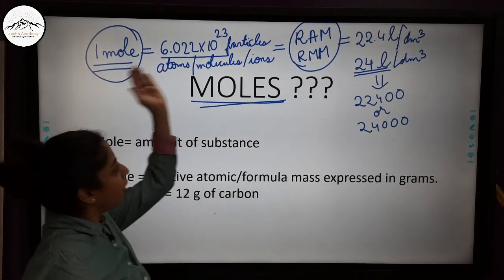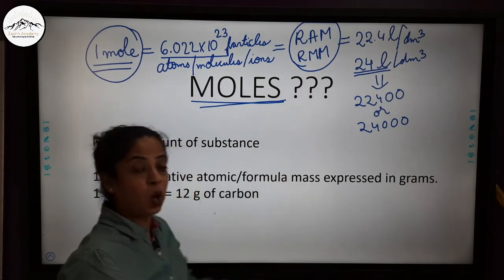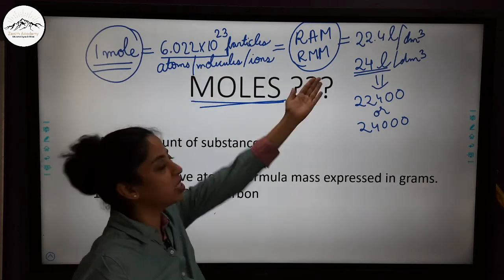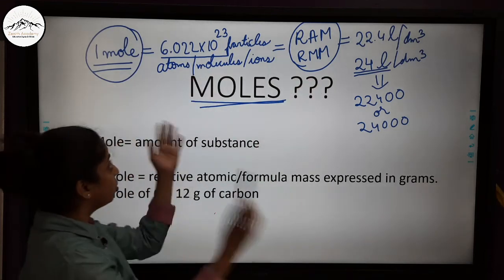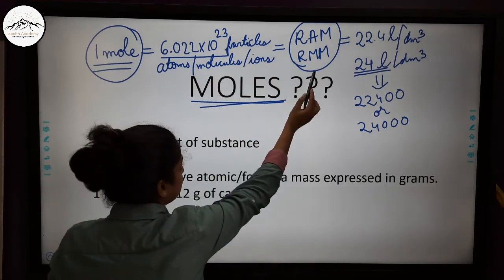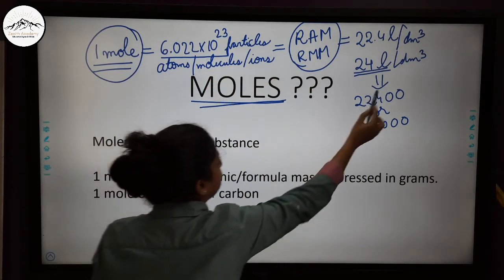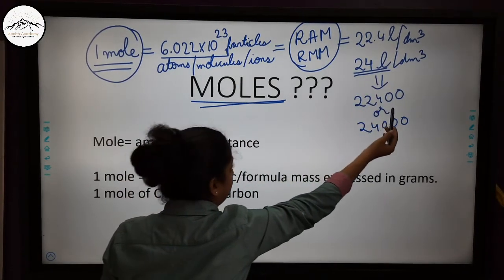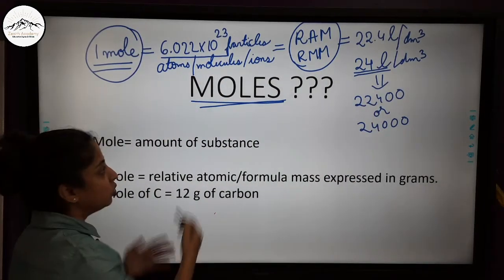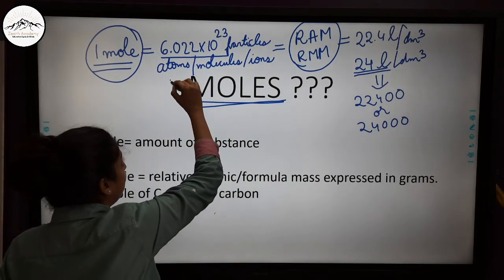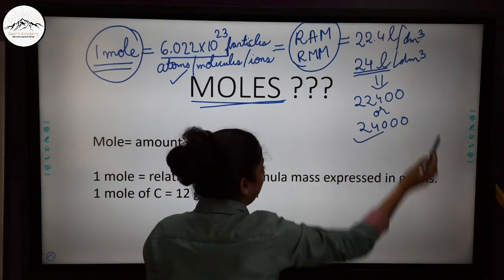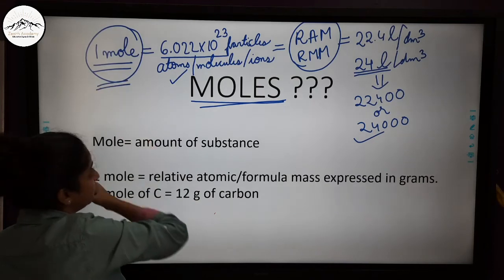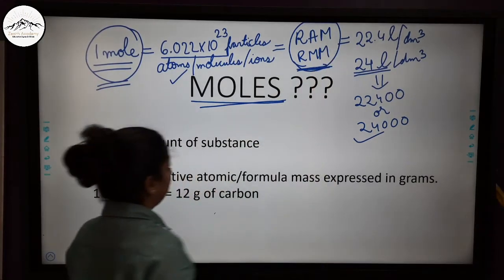But I have told you about this magical formula right here because in all the coming modules of chemical calculations, we will require this for a very, very easy calculation. So here you can compare this to this. You can compare these number of particles to fluid, the volume of fluid or the amount of fluid. You can relate amount of fluid to mole. So when we go into details of studying the number of particles and the volume or the amount, then we'll talk about that. Right now we'll talk about the relationship of mole and RAM and RMM.